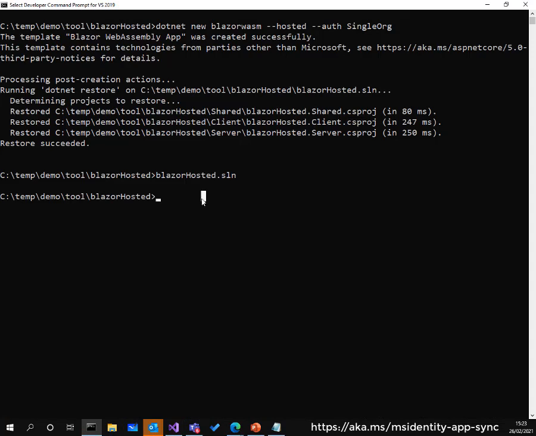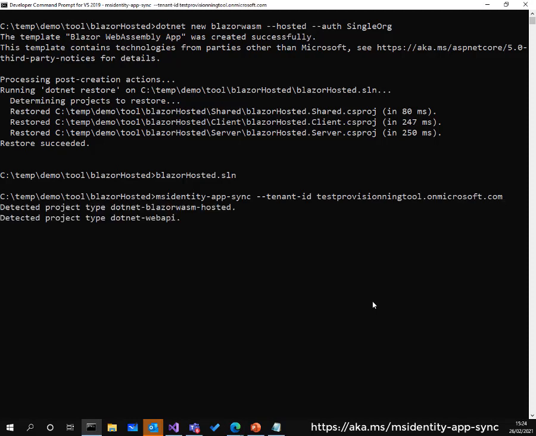So let's go back to the command line. I'm going to run the tool, ms-identity-app-sync. That's the name of the tool. If I wanted to do it in the Microsoft tenant, I would just do that. But here I want to do it in the special tenant, so I'm going to add --tenant-id and the ID of the tenant, which I'm going to copy paste. Test provisioning tools on Microsoft.com.